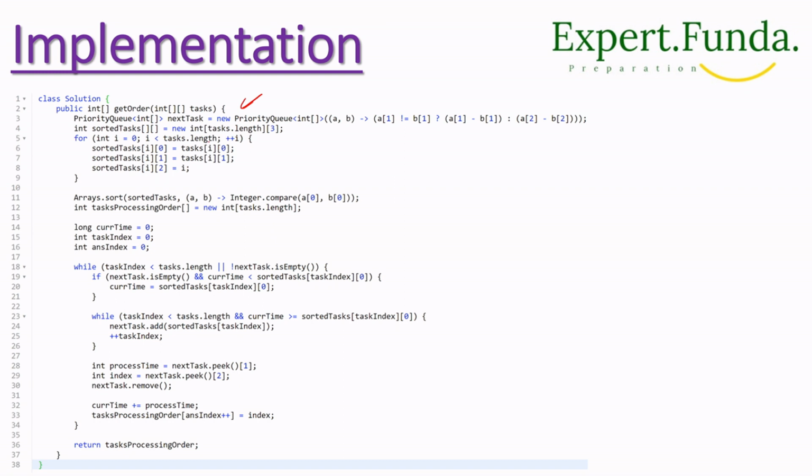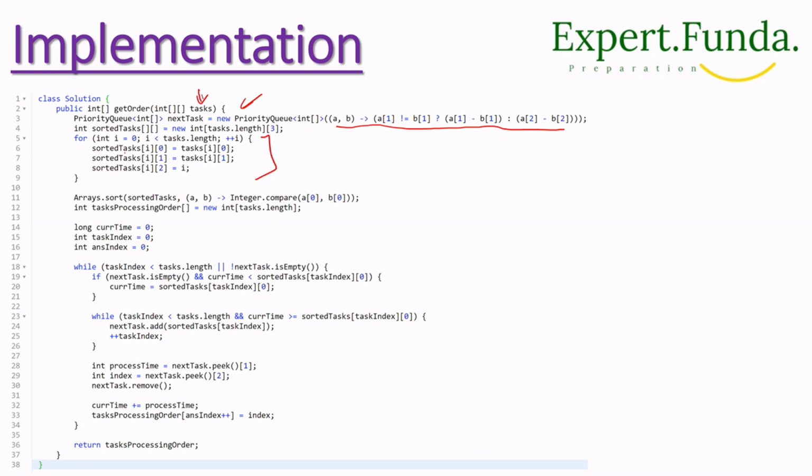So we have to take the priority queue, then we will take like A, B, right. We have to do sorting, the inbuilt sorting functionality. Then int sorted task, we have to use the task length, right. This is the input we have, right. So we have to take task.length, and then we'll make a loop here for all the tasks,